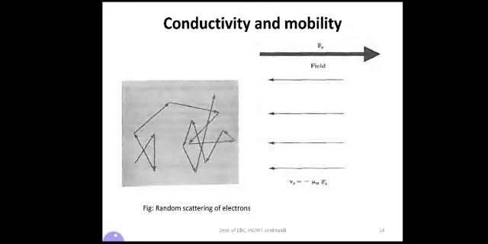That means there is no possibility of the electron coming back to its original starting position. However, if you consider a large number of electrons, as the quantity of electrons in a semiconductor is very large, then for example in an n-type semiconductor you have 10 to the power 16 per centimeter cube.